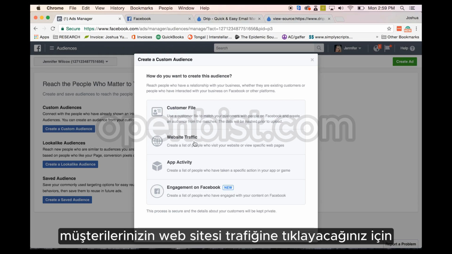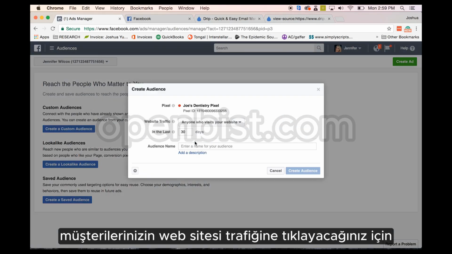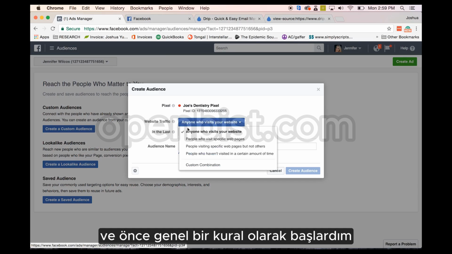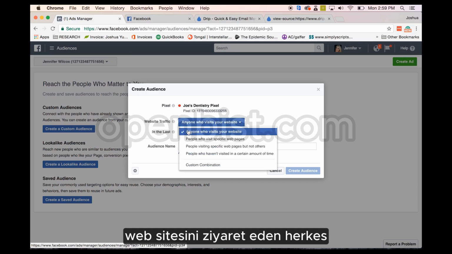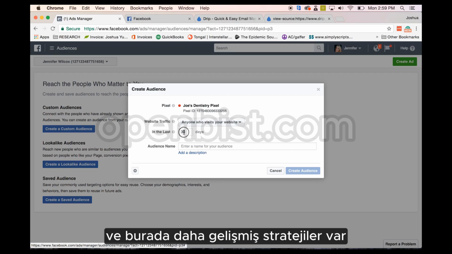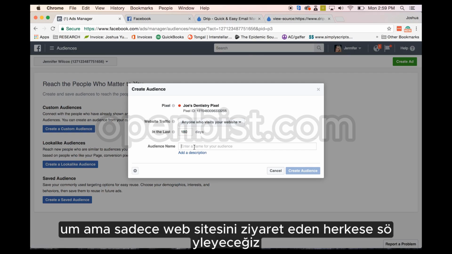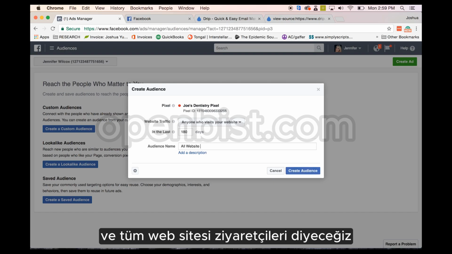So you're going to click into website traffic, and I would first start out just as a general rule, anyone who visits the website. And there's some more advanced strategies here, but we're just going to say anyone who visits the website, and we'll say all website visitors.